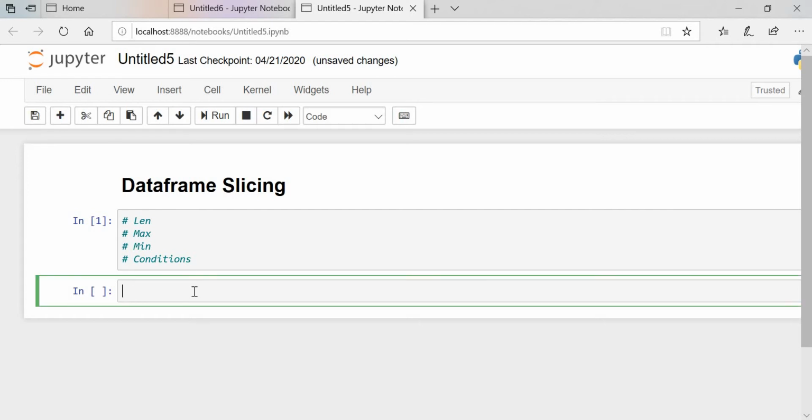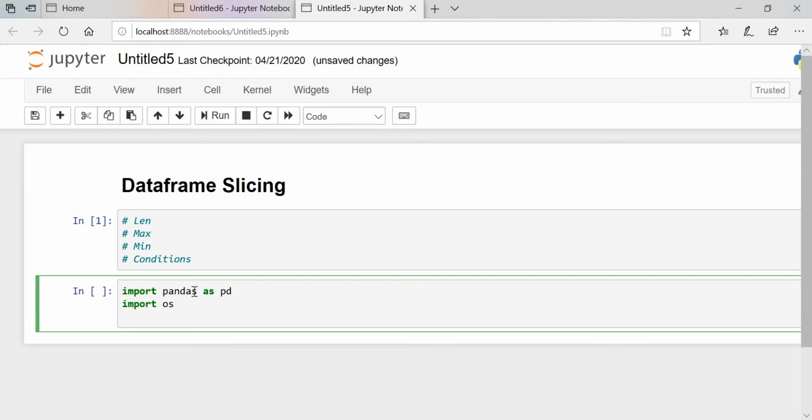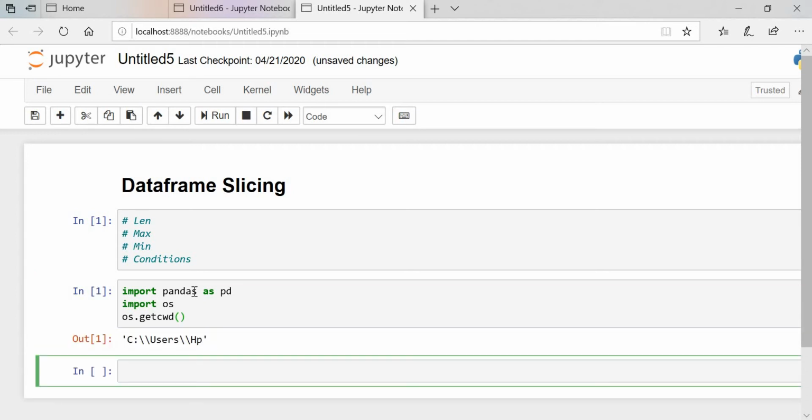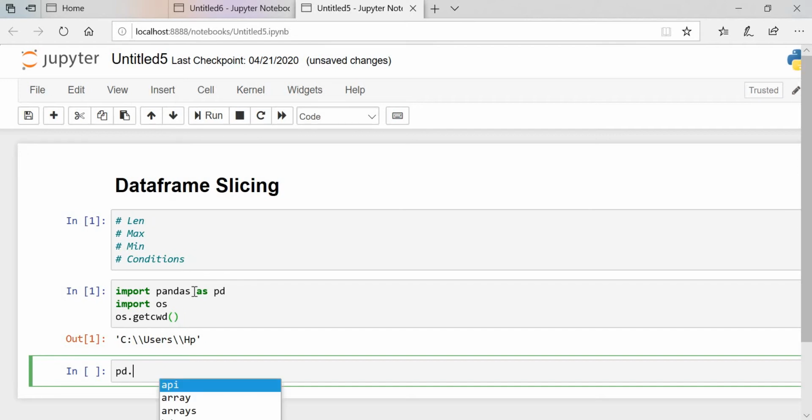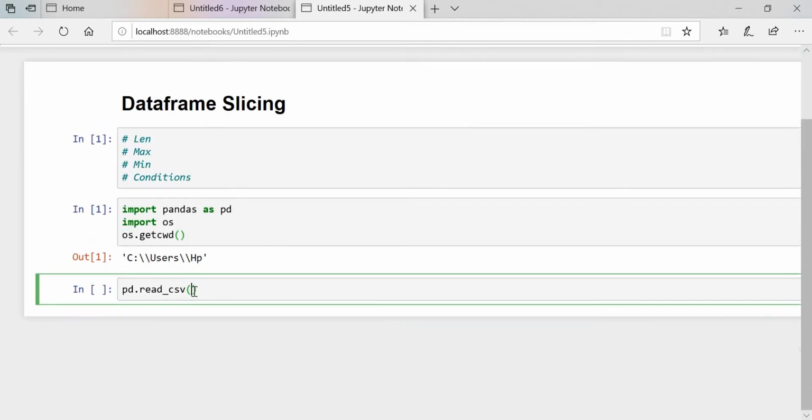First of all, we will import pandas as pd, then import os, then os.getcwd() to check the current working directory. Then we will call our data, the same data we called in the last lecture, using read_csv.